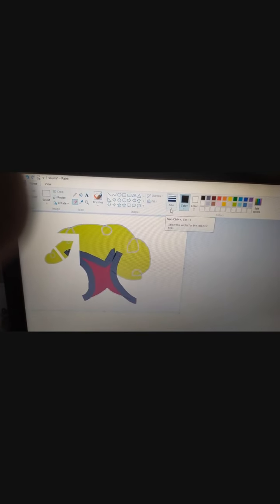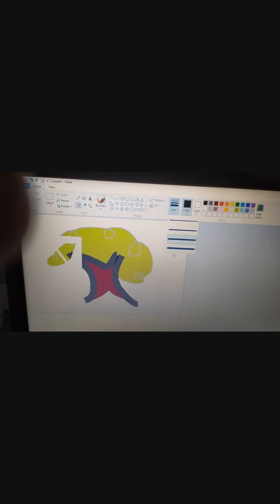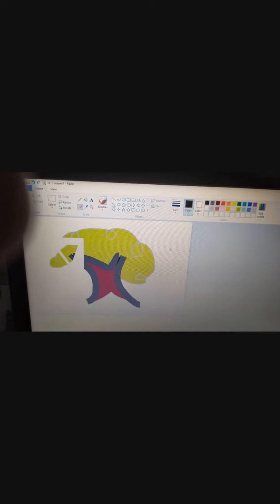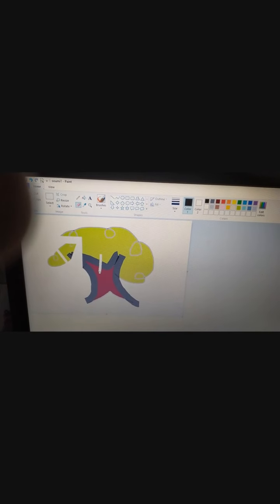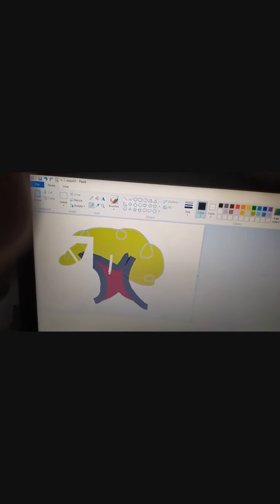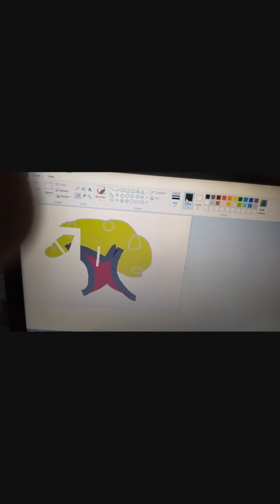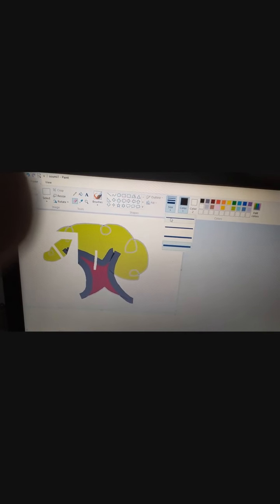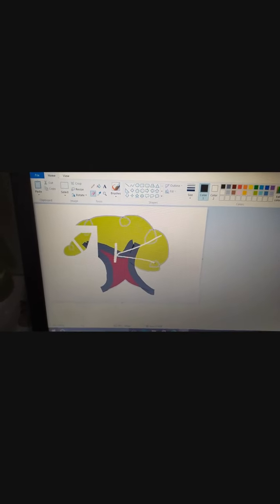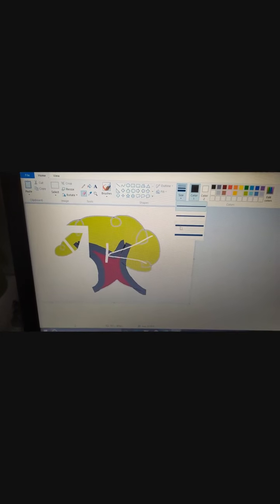See, in the colors group, you have the size. You can select the size of the eraser from there, and also if you want to make it much bigger than this high size, from the keyboard please click Ctrl and plus together.